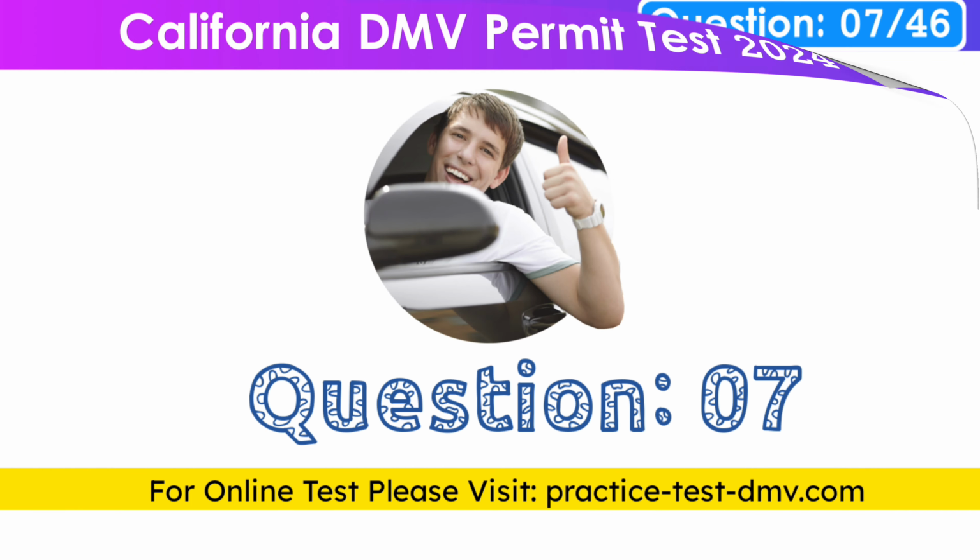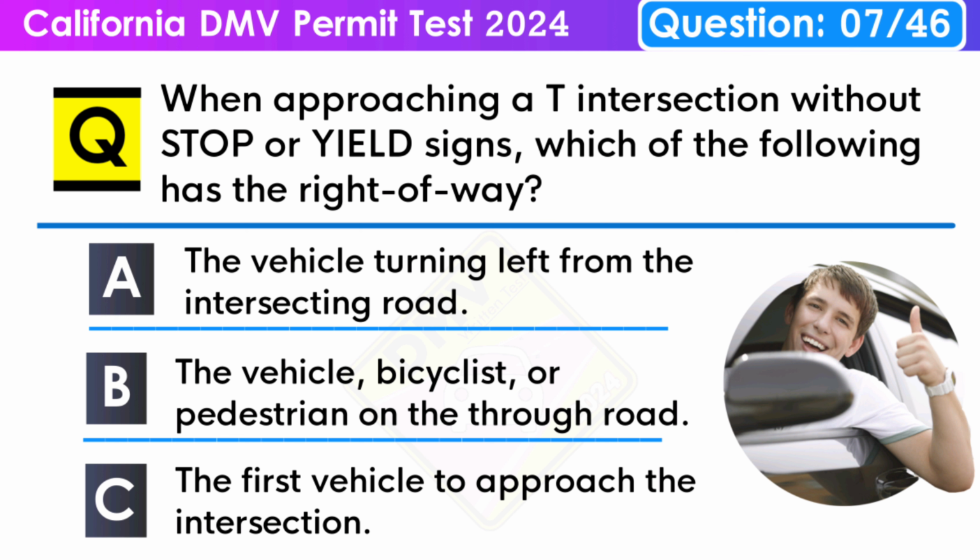Question 7. When approaching a T intersection without stop or yield signs, which of the following has the right of way? A. The vehicle turning left from the intersecting road. B. The vehicle, bicyclist, or pedestrian on the through road. C. The first vehicle to approach the intersection. Correct answer, B. The vehicle, bicyclist, or pedestrian on the through road. At T intersections without stop or yield signs, vehicles, bicyclists, and pedestrians on the through road, continuing straight, have the right of way. This ensures the smooth flow of traffic on the main road, while vehicles from the intersecting road